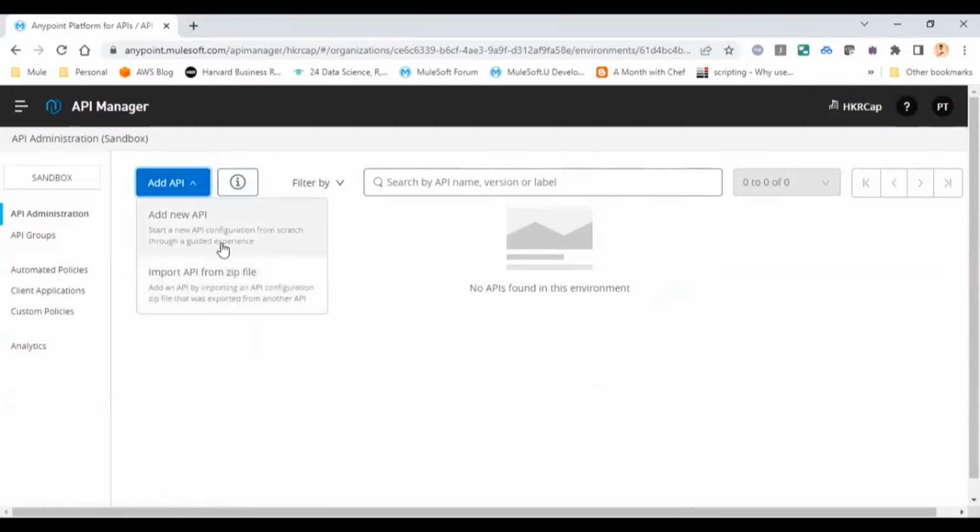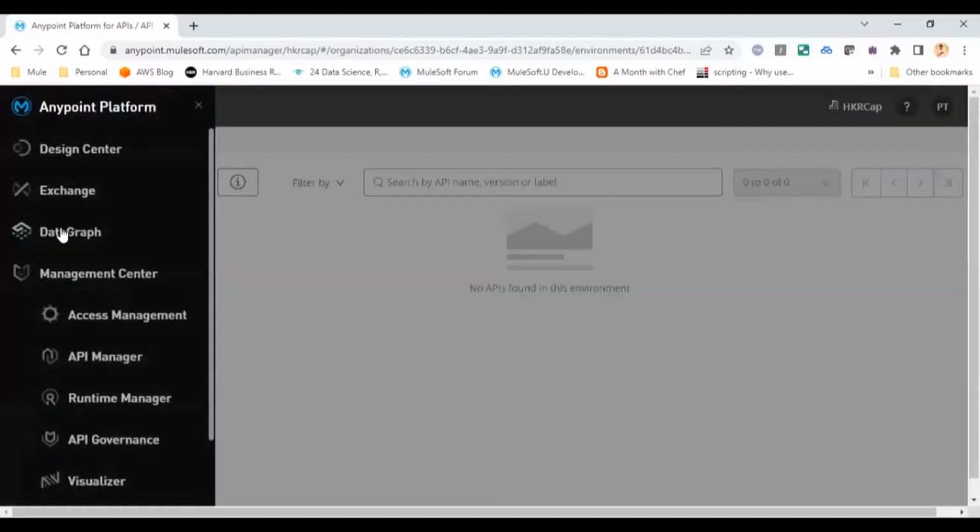You create all your APIs in this API Manager layer, and then you apply the security or apply the policies to all your APIs. Okay, there are a good number of policies that you can apply for all your APIs inside the MuleSoft layer, guys. Okay, so all those policies or all that API management, you can do it in the API Manager screen. Okay,